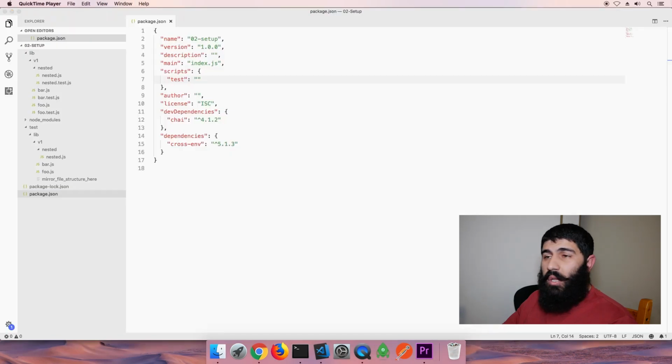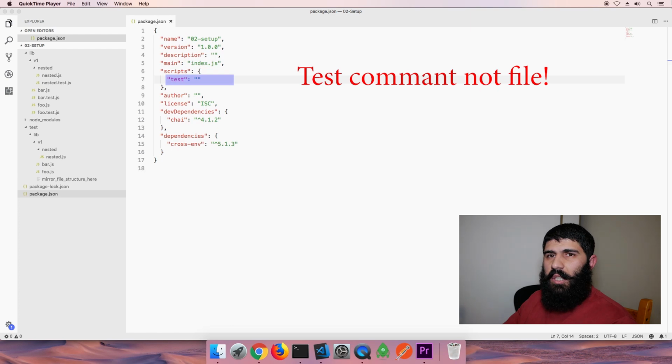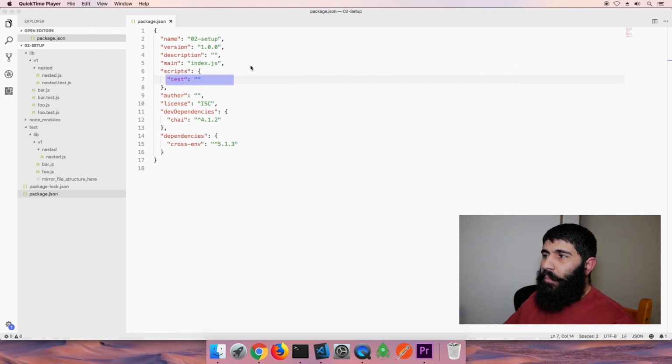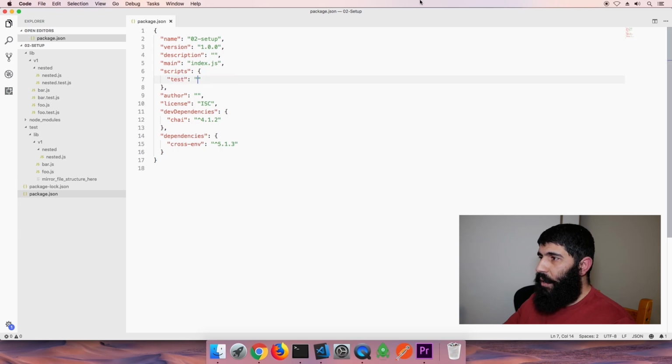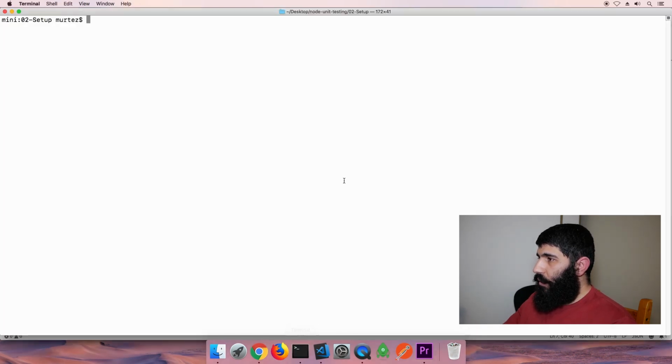If you go to package.json, you'll see there is this test field. In here it's empty, but sometimes you may see some weird string in there by default. We're going to put the mocha command here. So I'm going to say mocha ./lib, and then I'm going to put my pattern. Save the file. If you go to your terminal, now you can type